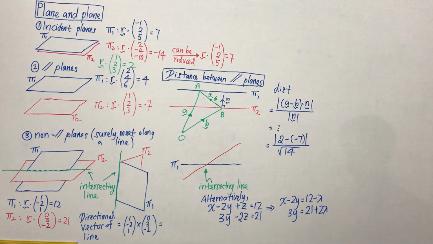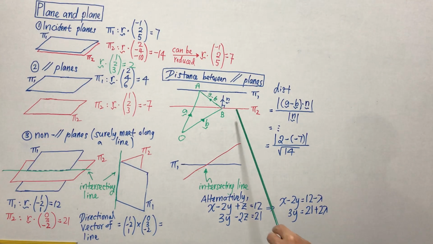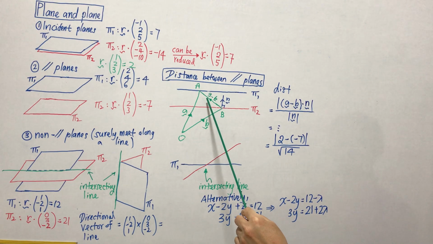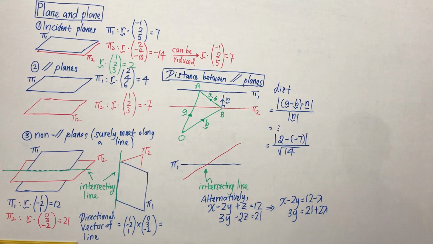If you draw the normal vector n here, then you will realize that to find the distance between the two planes is as good as finding the length or projection of this vector onto this. And we have learned in earlier videos that it is just this vector dot with n cap. I've written n cap as n over modulus of n. Computationally,